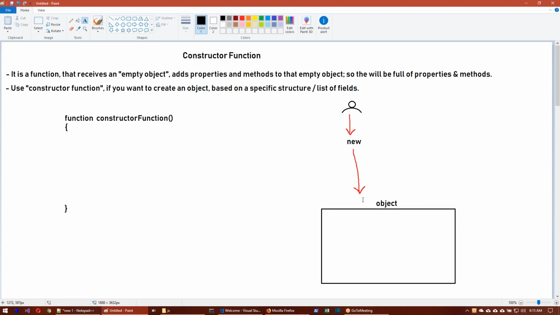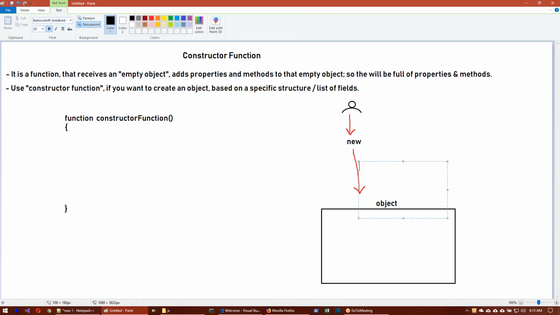But that responsibility the developer is not taking. The developer is just passing this object to a function. The function itself is responsible for adding the properties and methods to the particular object. Properties are used to store the data. Methods are used to manipulate the data. So what this developer is trying to do, immediately once a new object is created,